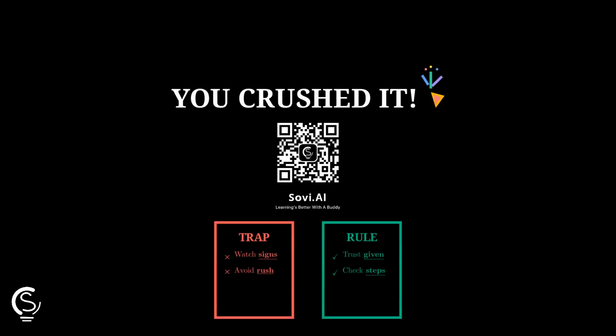Trap, do not rush past direction changes. Rule, trust the given condition about efficiency and check each move stays on the